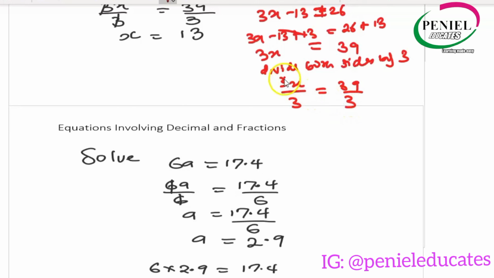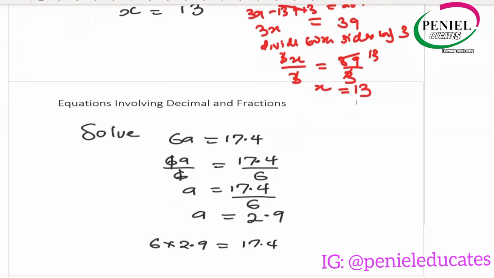All right, so 3 will cancel 3, 3 here 1, and 3 here 13. So my x will be 13. All right, so let us also look at further examples. This one is an example that is involving